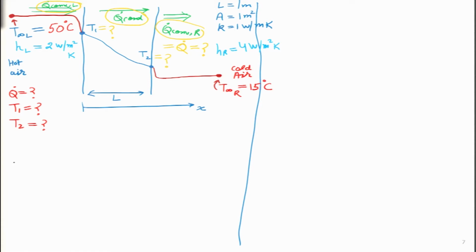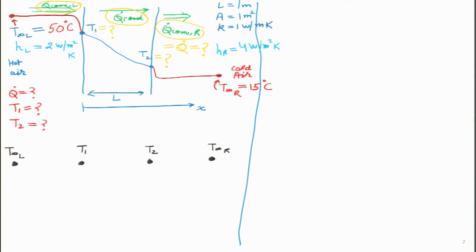These temperatures we will essentially convert into voltages. This will be the first voltage over here, this will be the second voltage, this point will be the third voltage and this point will be the fourth voltage. So, we have 4 voltages. Instead of writing them as volts, I will write them as temperatures, but we will keep in mind that essentially we are taking them as voltage nodes. The temperature here is T infinity L, then T1 at this point, T2, and on the right hand side the temperature is T infinity R.